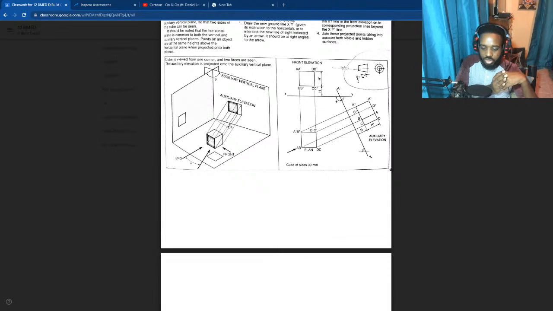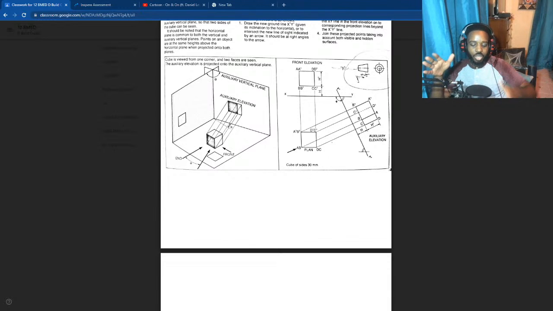But what if I'm not looking at it directly like that? What if I'm looking at it at an angle where I'm not seeing a perfect square? I'm not looking at it directly from in front of it, not directly from the left, and not directly from above. What would it look like in that case?